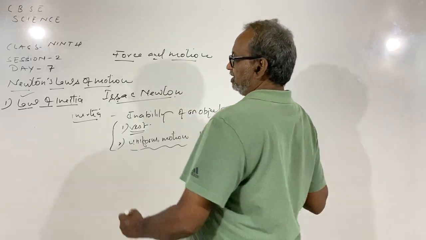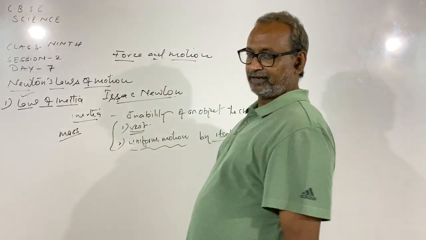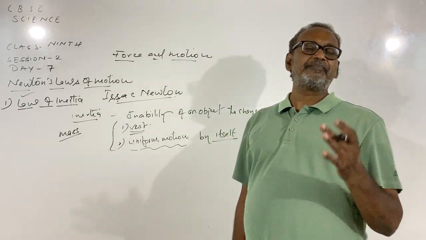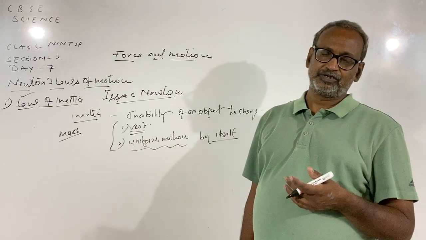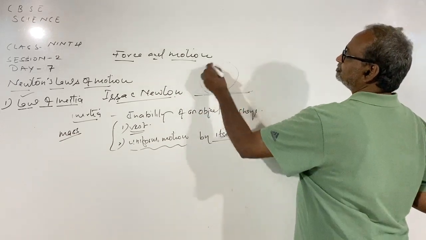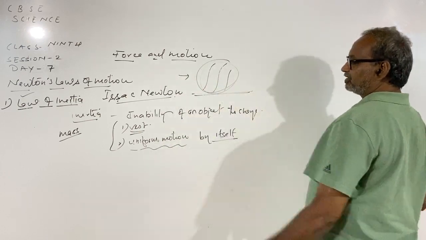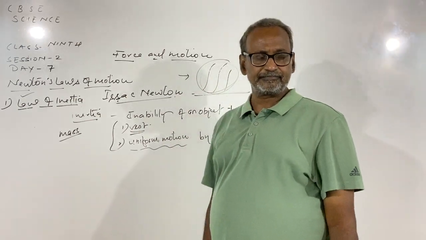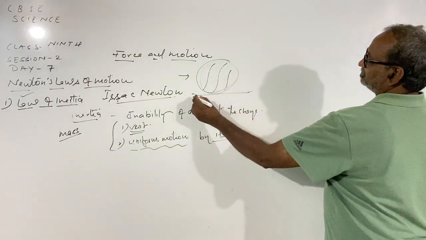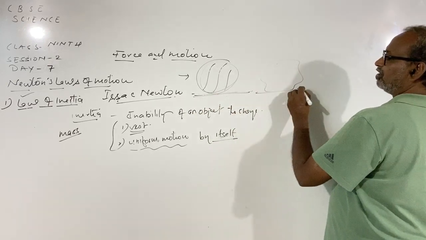Inertia depends on mass. Greater the mass, greater will be the inertia. For example, it will be easy for you to kick a football and change its state of rest by just kicking it. But it will be very difficult for you to change the state of rest of a piece of stone of the same size.